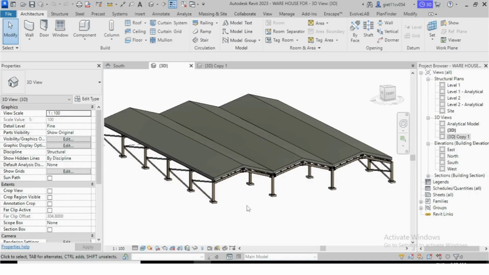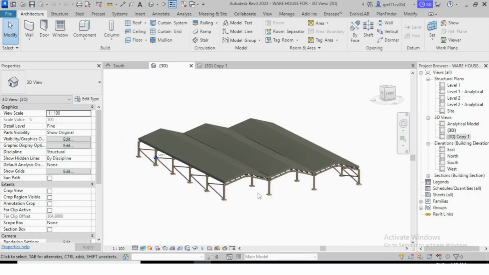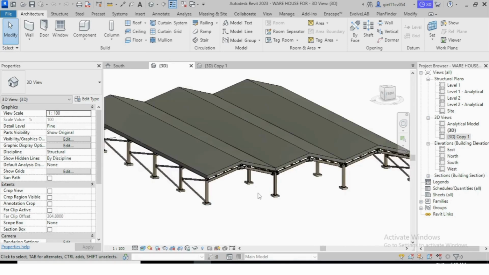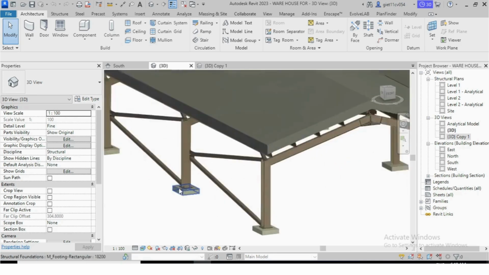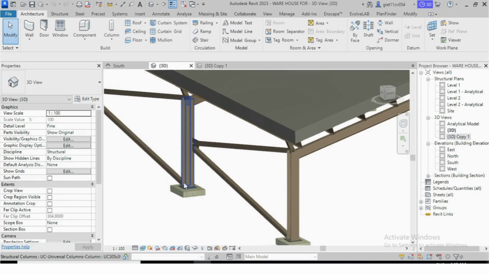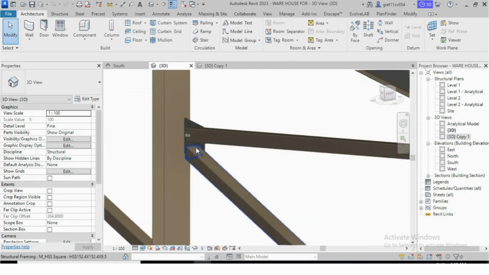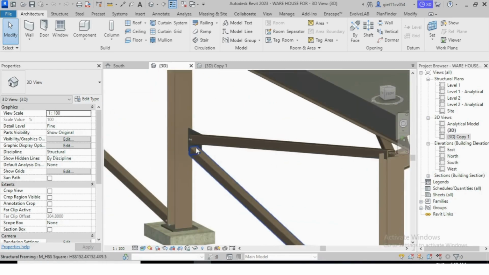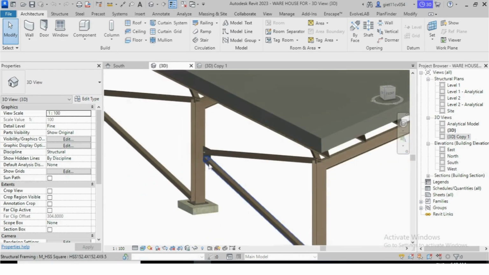Hello my viewers, in today's tutorial I am going to show you how to model this warehouse in Revit, and actually we are doing all the structural elements, so the whole construction will be modeled. Okay, we are going to do all the structural connections, and all those basic connections like bracing and all